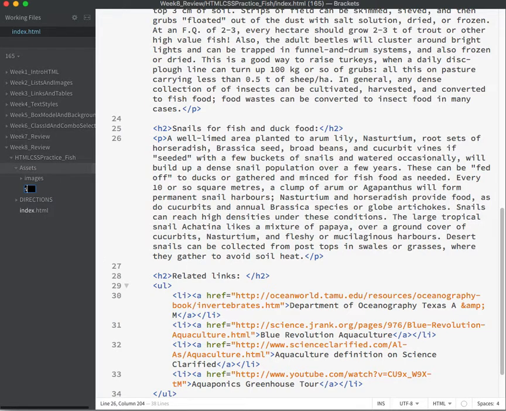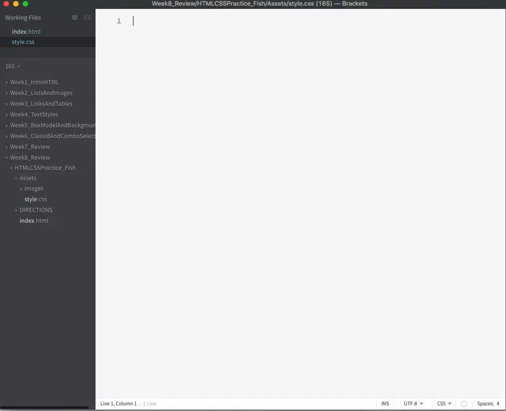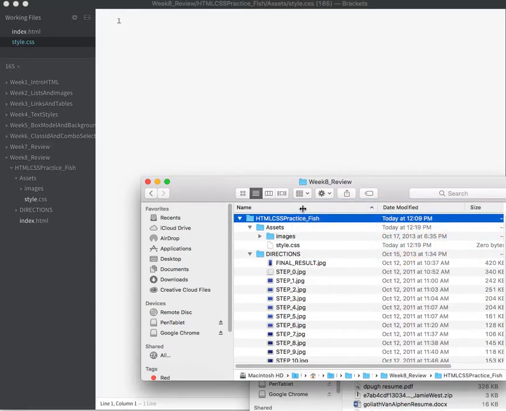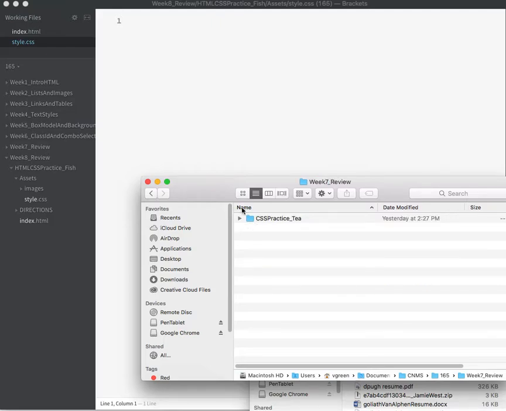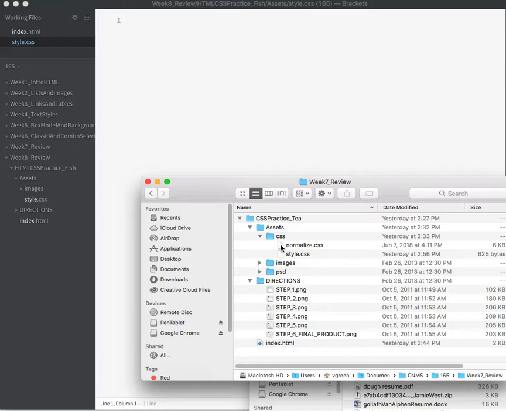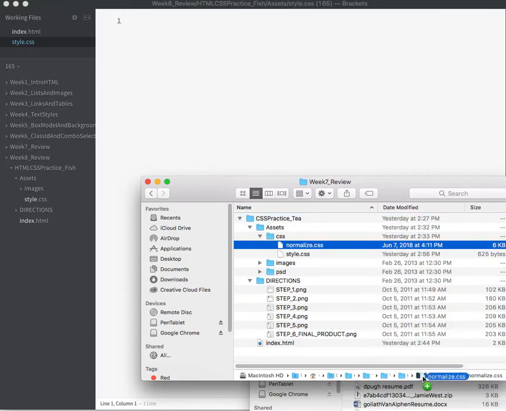Just style.css. And then let me pick up that normalized style sheet from the previous week as well by going over to my computer and fetching it out of week 7. Grab it from here. Oh, there's a CSS folder. I guess I can do that too. You can hold Option on Mac. I think copy and paste work on Mac as well, but I'm just out of the habit of using them. So I always just hold the Option key down while I drag,